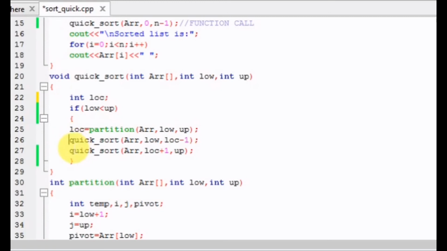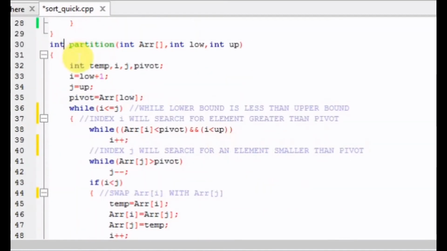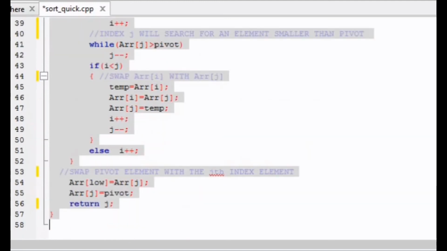Now we are calling the same function with the arguments the array, the variable low and loc-1. That is, if the index loc is the position of partitioning the list, then this function will be called for the left sublist, right, from the lower bound till loc-1. And again all these steps of partition will get executed, right?